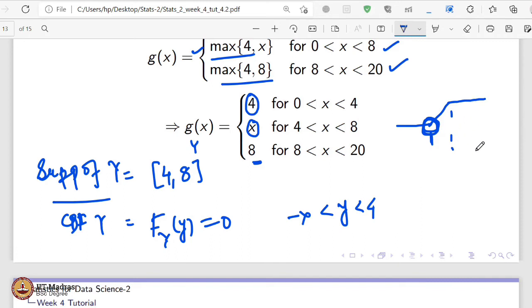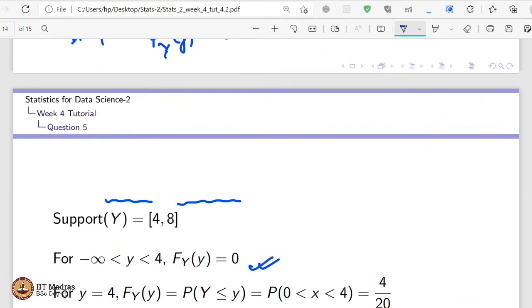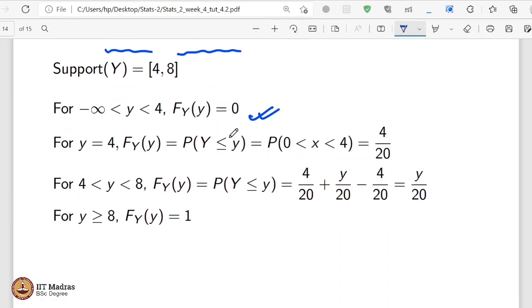That's why we can't use that formula directly, because that formula generally helps us to calculate when this function is monotonically increasing or decreasing or differentiable at each and every point, right? So that formula can't be used here. That's why we are going with the basic approach. So till y equals to 0, less than 4, the probability was 0. So at y equals to 4, there will be,